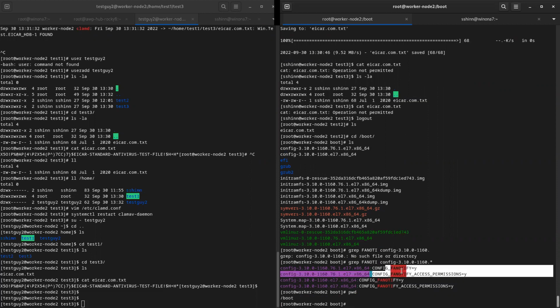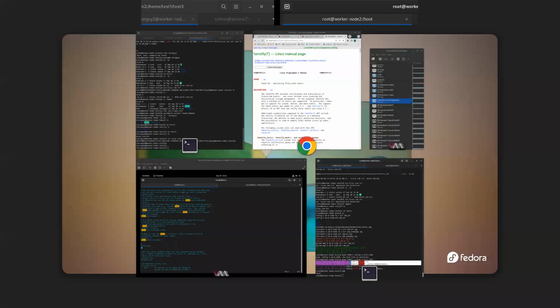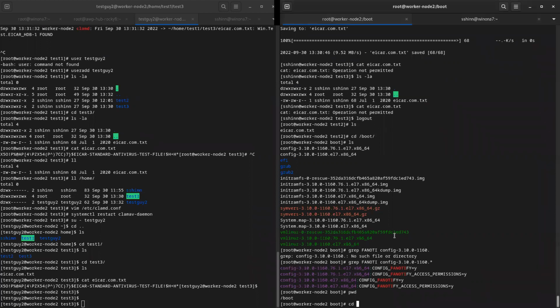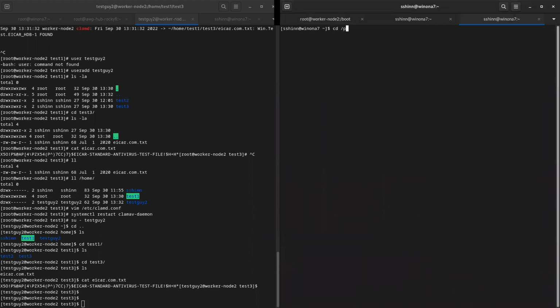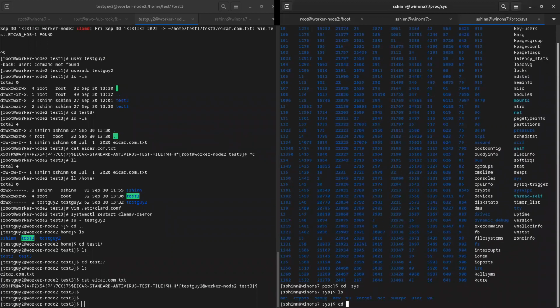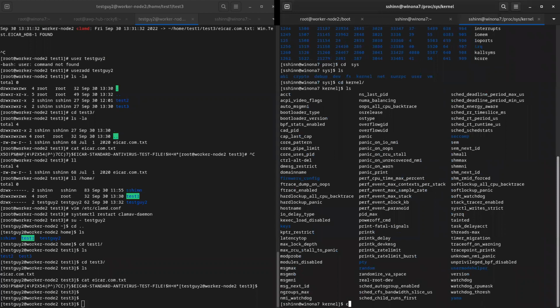And I'm going to paste these into Slack for anybody who's following along. The other is that there is a proc device that I haven't used in a very long time. I think it's a kernel dot something. I don't see it.